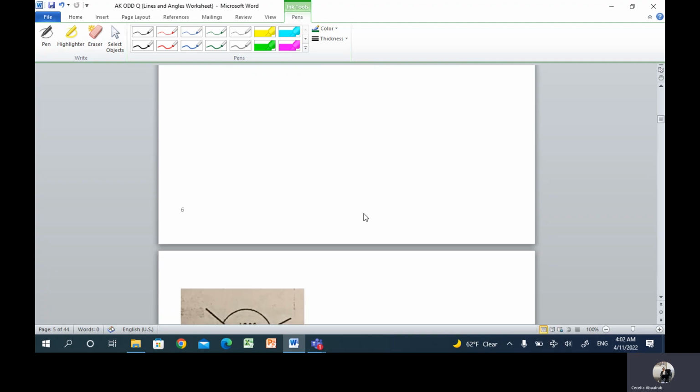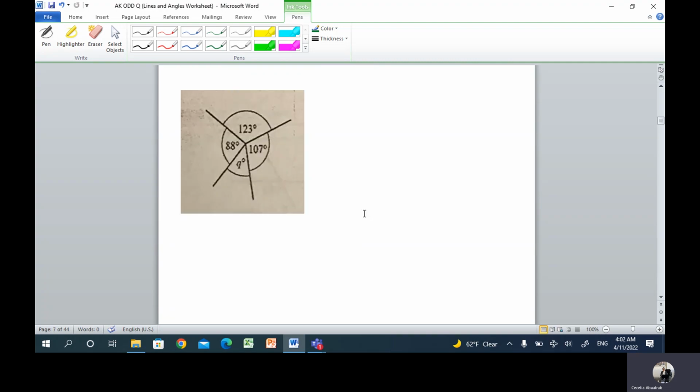All right, so we're going to skip number 6 and go to number 7, which is a very easy one. As you can see here, we have this point and four angles coming out. They are angles at a point. We will start with the unknown. So Q is my unknown, plus, going anti-clockwise, 88, plus 123, plus 107. They're all equal to